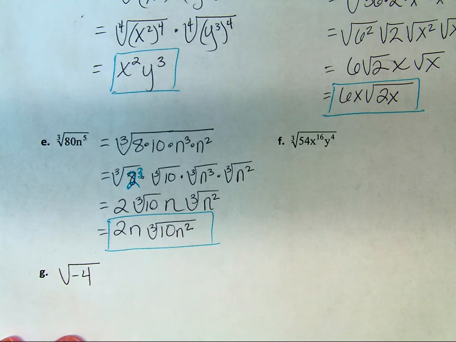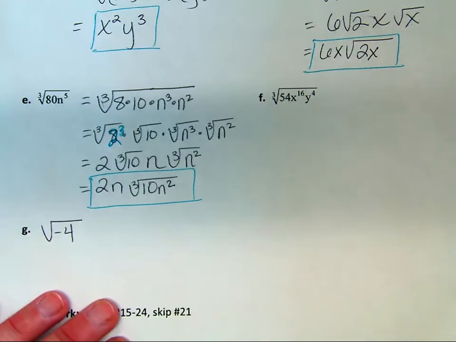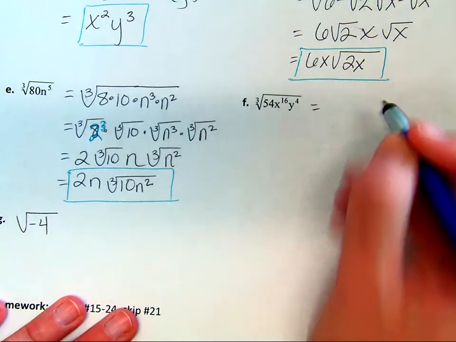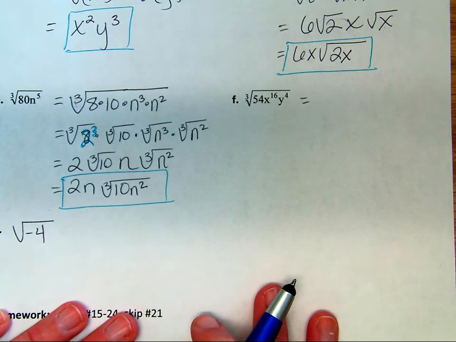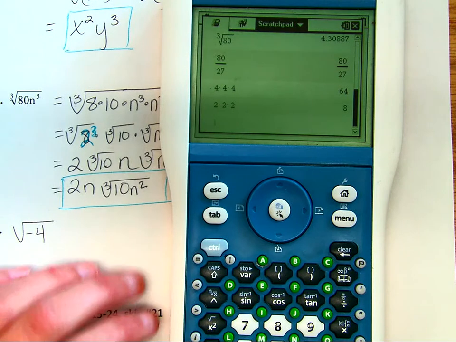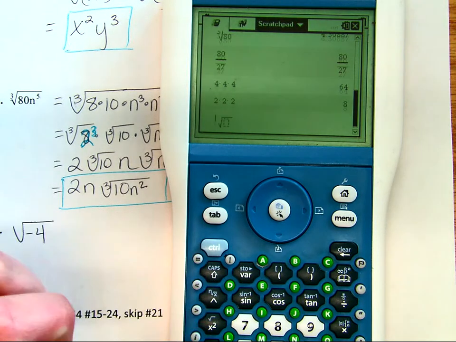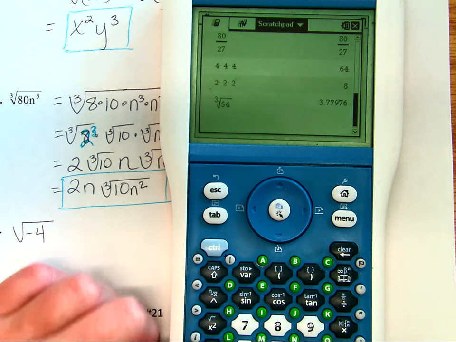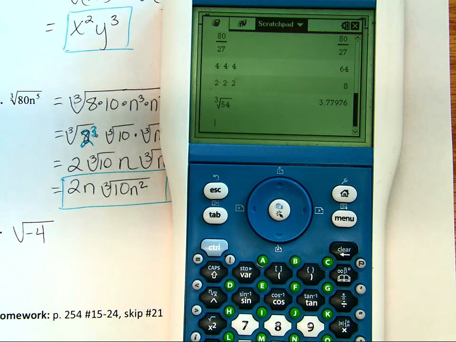Okay, let's go through one more example. Actually, two. Sorry, I lied. Cube root of 54. Okay, test out and see. All right, is 54 a perfect cube? Let's see. Control caret cube root of 54. Nope, it's a decimal. So unfortunately, we got to think of something that goes into 54 that is a perfect